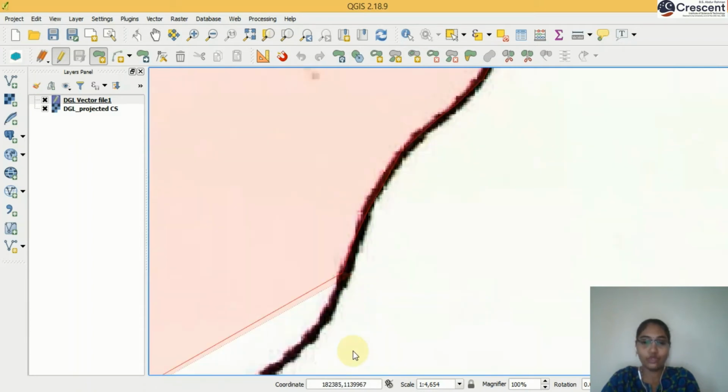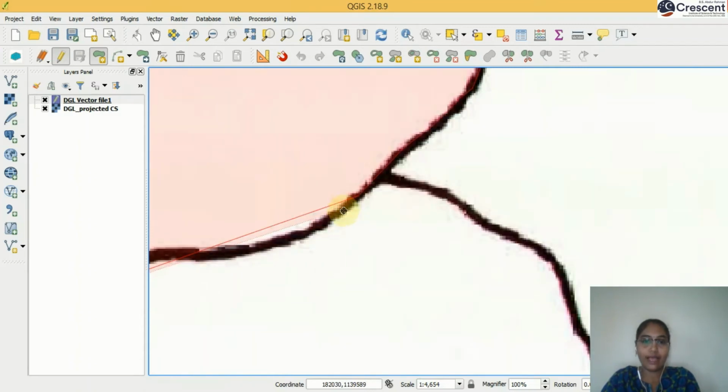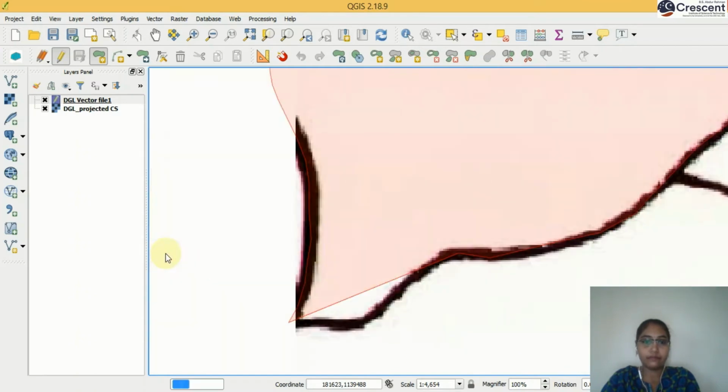You have to zoom the scanned JPEG image at least 3 times in the zoomer, so that you will have an accurate vector file. At the same time, if you are placing small points in between, the distance between the points should be very small for smoother curves. Now we finished. Again we are coming to the same starting point.